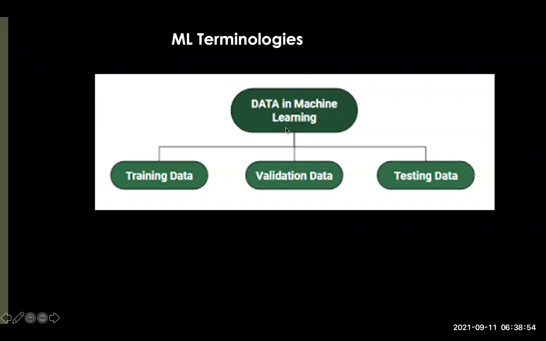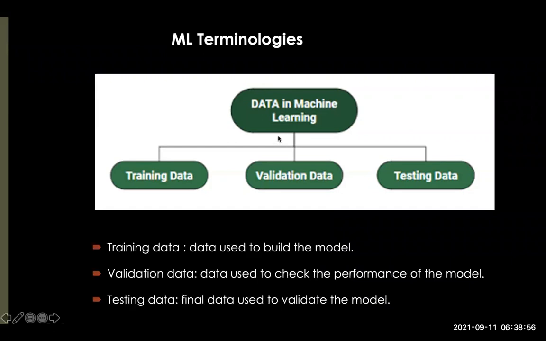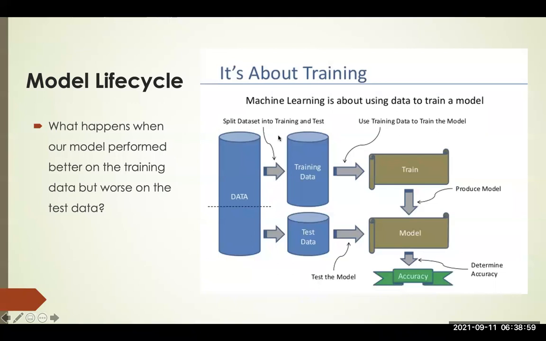Okay, so I think I've explained these 3. In summary, if you want to build a model, you have data. The minimum is that you split it into training and testing. But remember, in real applications, and even in your projects, you should use 3 sets: training, testing, and validation. I will show you an example of how to split your data into 3 sets and also into 2 sets. Mostly we'll be using 2 sets, but I will show you how to do it with 3 sets, because in your project you are going to use 3 sets.